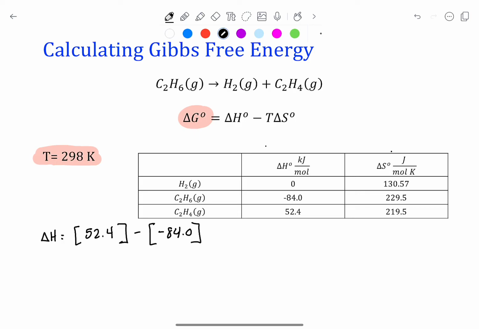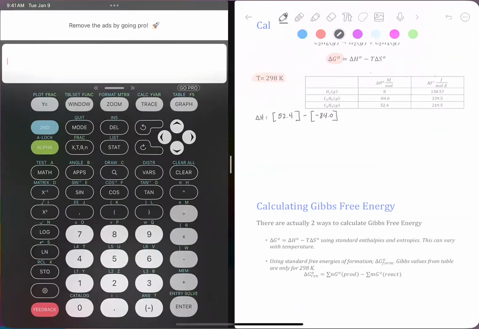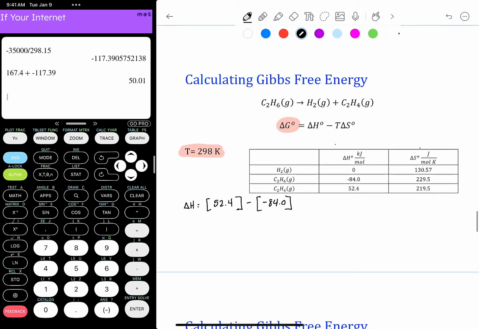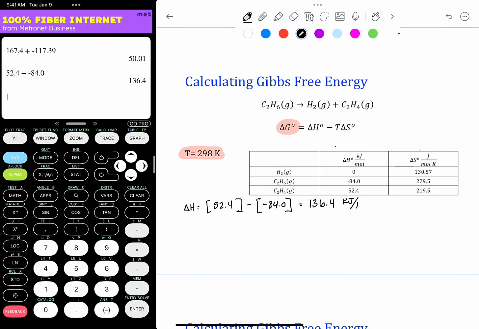So let's grab our calculators out so we can solve this problem together. So we'll take 52.4, subtract negative 84, and we get a delta H of 136.4 kilojoules per mole. We'll do the same thing for delta S, remembering that hydrogen will now have a value